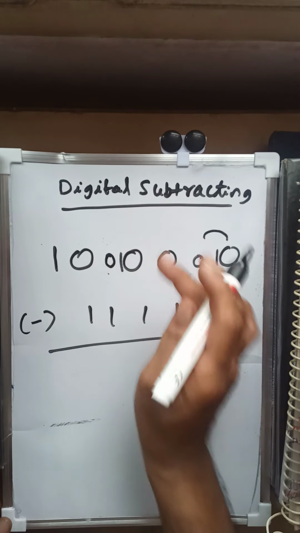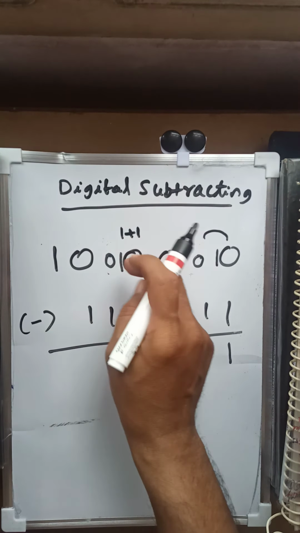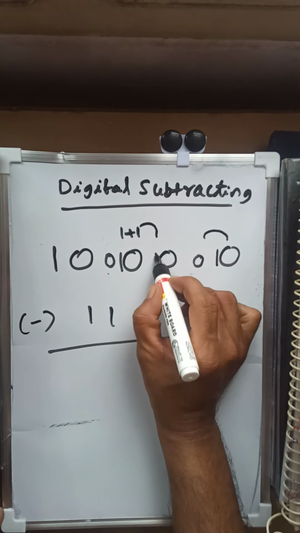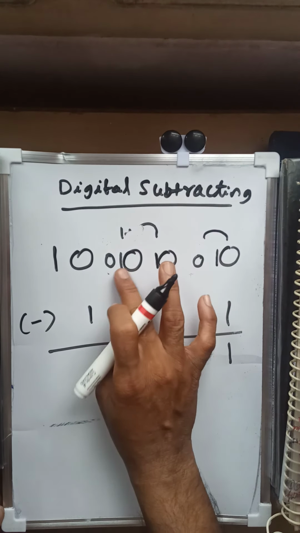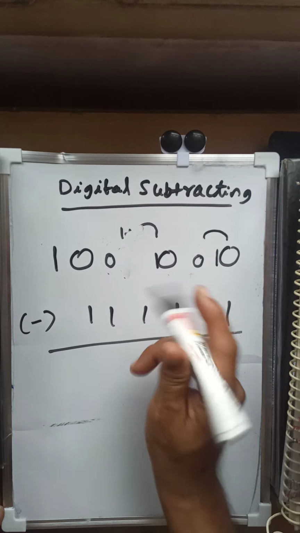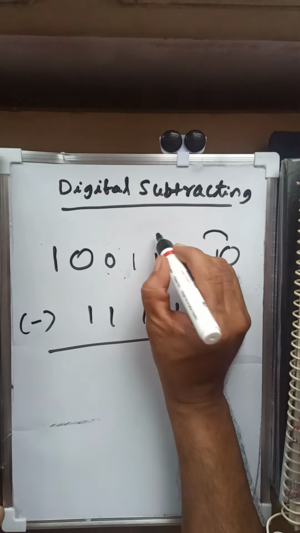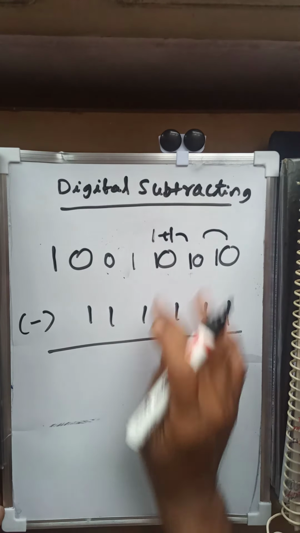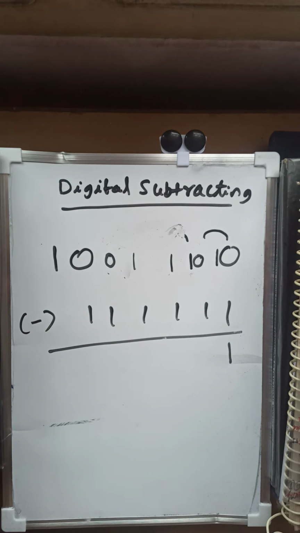Now this becomes 2, that means 1 plus 1. 1 plus 1 is 2, that means the sum is 0 and the carry is 1. Now, after giving 1 to the 0, this becomes only 1. And again this becomes 1 plus 1. 1 is supplied to this number as a borrow, then again this becomes 1. So it is modified like this.